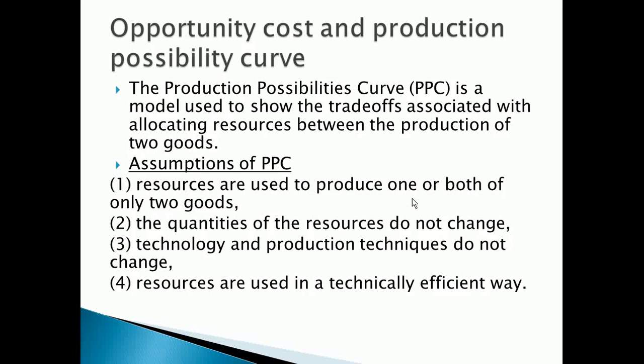There are assumptions of the production possibility curve, and one of them is that there are only two goods produced per time. Another assumption is that resources are limited, they are scarce. And so the production possibility curve shows how two goods can be traded off, how more of one can be produced and less of the other can be produced, to ensure that the available resources are utilized effectively.